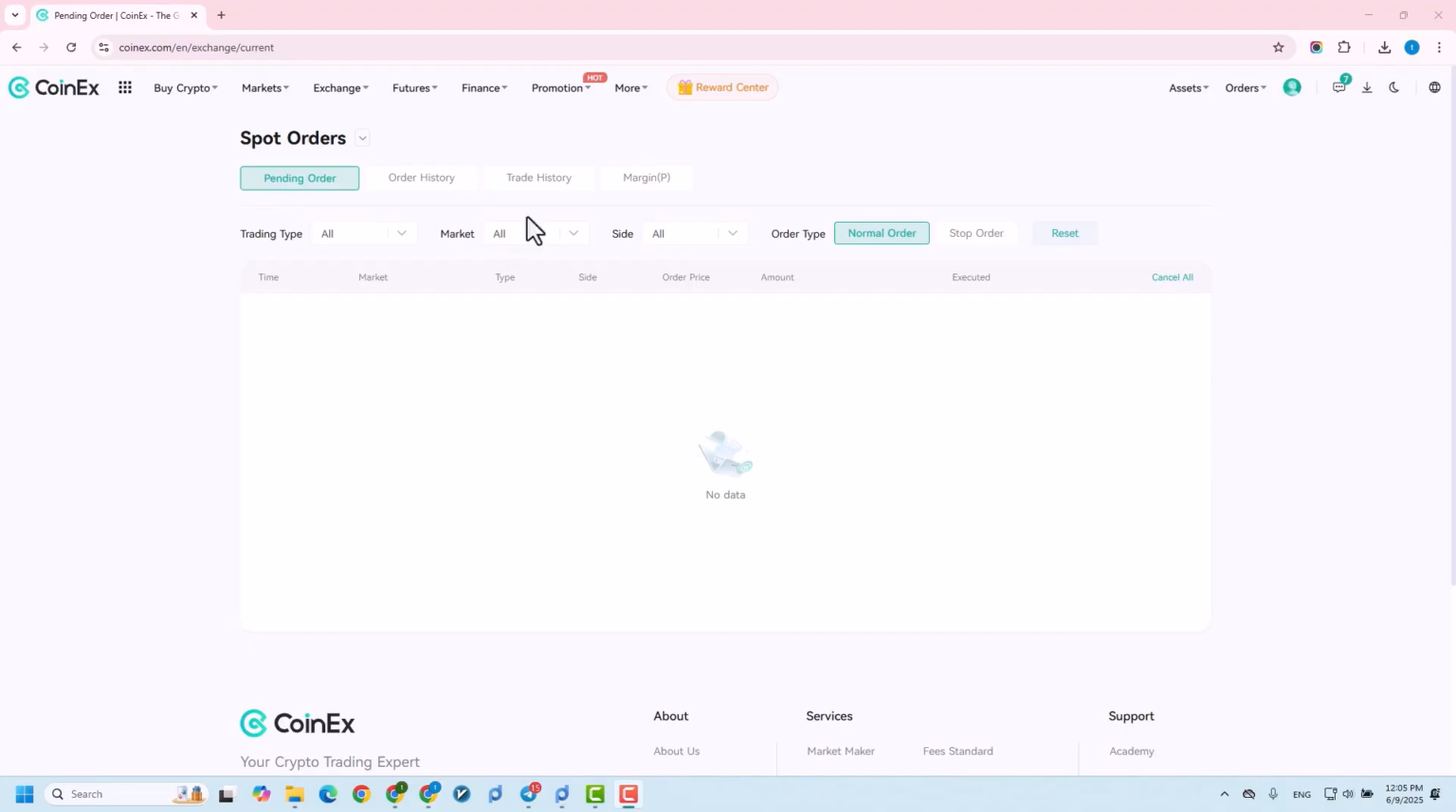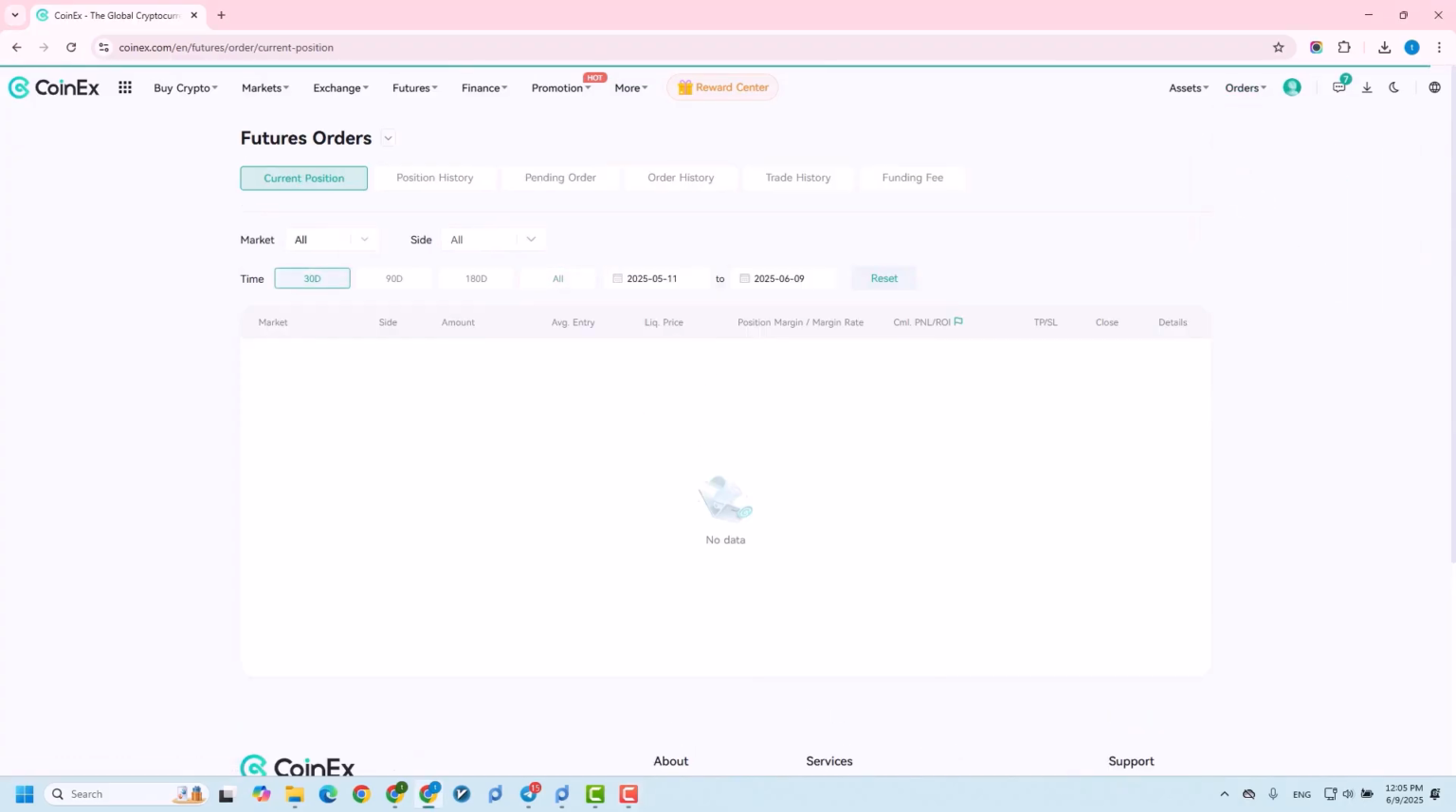The information on this page helps you maintain complete control over your spot trades. The next section is related to futures orders. In the futures orders section, you can precisely review and manage all your trades and open or close positions in the futures market. This page is a comprehensive tool for monitoring profit and loss, risk, liquidation level, and other details